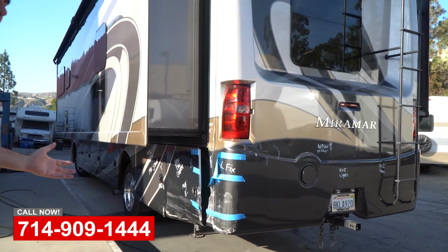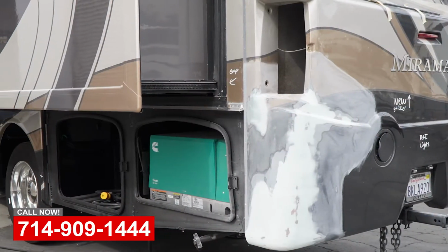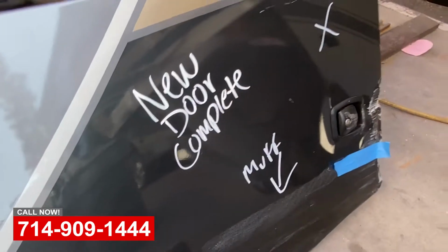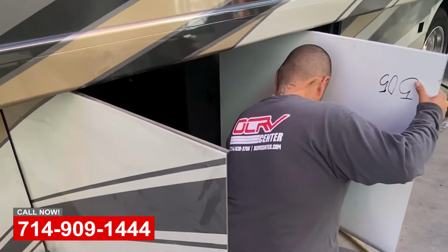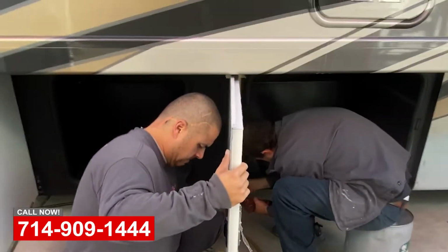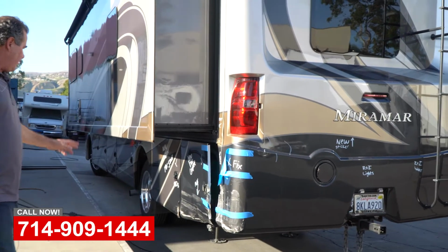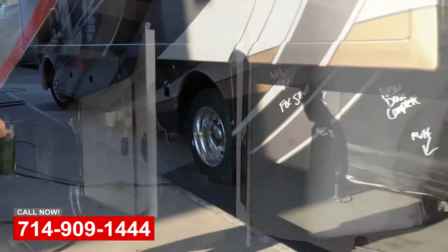A lot of these jobs, we have great relationships with insurance companies, and we'll just document the job, photos, upload an estimate, and get approval and get working on your coach for you. Streamlines the process, takes the middleman adjuster out of it. If we need a supplement, more photos, upload a supplement, so we can get your coach repaired and back to you quicker. So as you can see, we've got damage back here, new bay doors